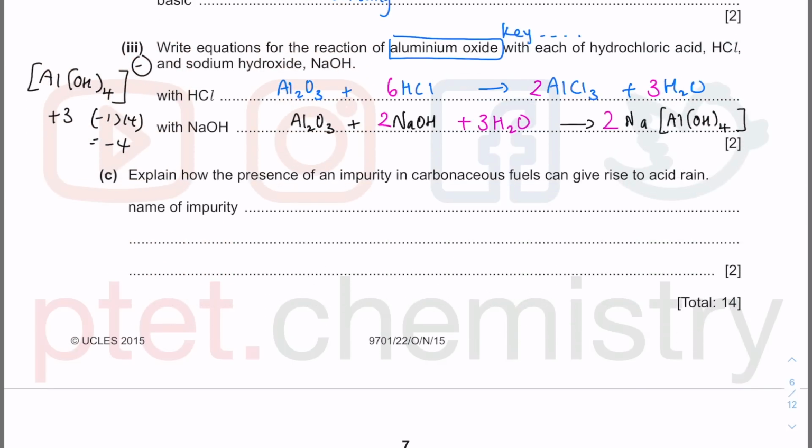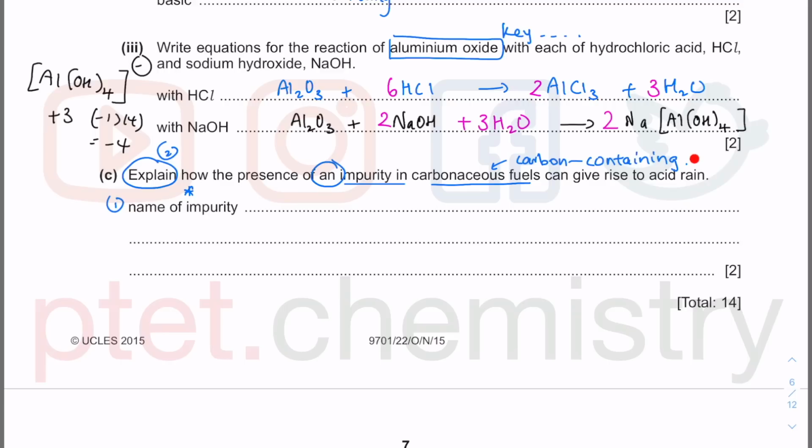Now part C, how does the presence of an impurity, so you need to name this impurity and you need to explain. So there are 2 bits to that thing here. This is carbonaceous, so this means carbon-containing fuel. This is now in environmental chemistry. I know this for a fact. It is in the O-level